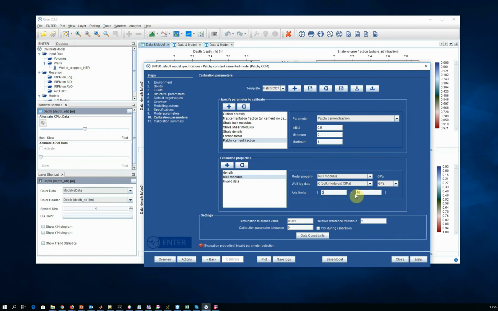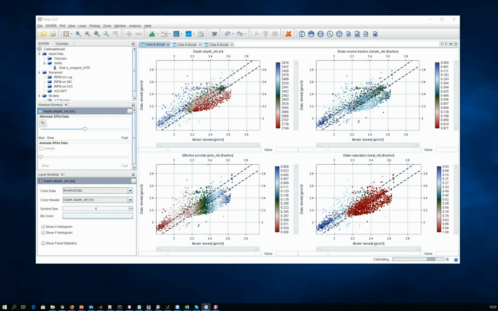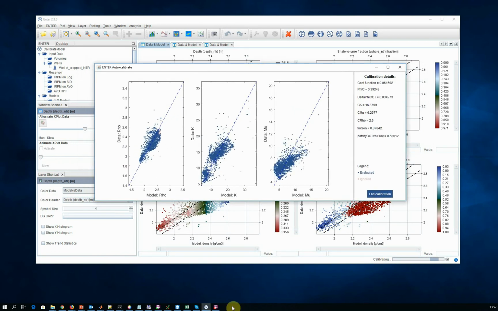And we set some axis ranges. And we are going to plot while it is calibrating. We're saving the template and proceeding with the calibration. So what happens now is that it's testing out different combinations of these properties, changing them, trying to find the optimal fit, and we can see here the crossplot of